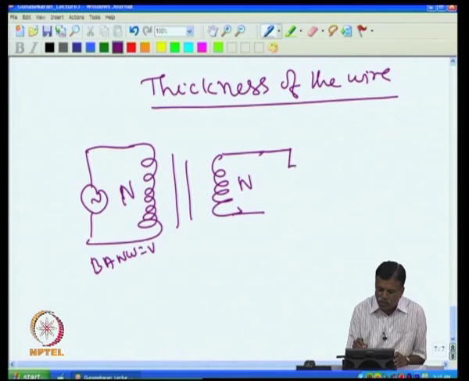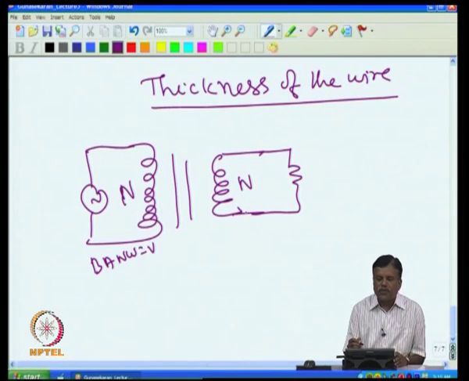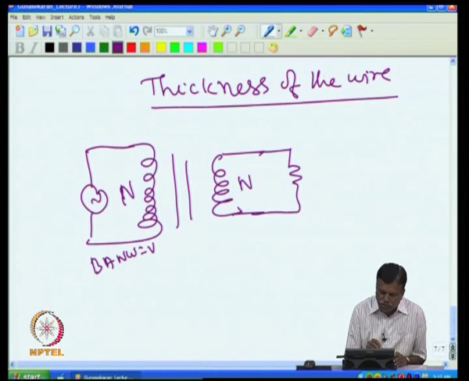Suppose I connect the load, then what happens? Because now I applied a voltage here, that actually produces a current, and that produces a magnetic field. That magnetic field is a changing magnetic field, so that induces the voltage here. Now, the induced voltage, because it is a 1:1 transformer, if it is 230 volt, I know that I will get again 230 volt here.